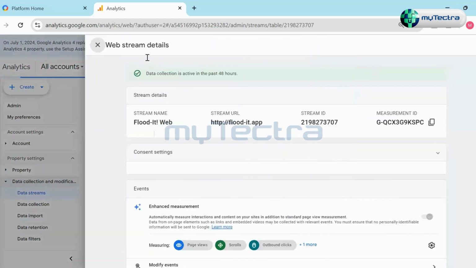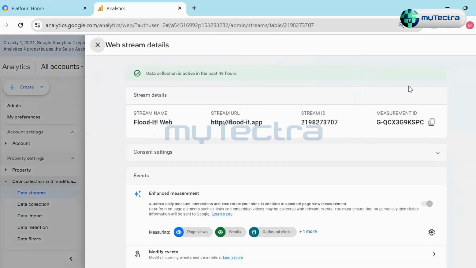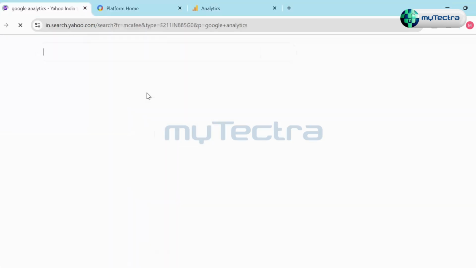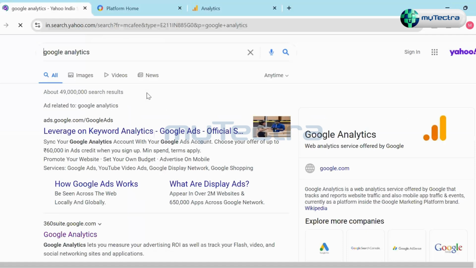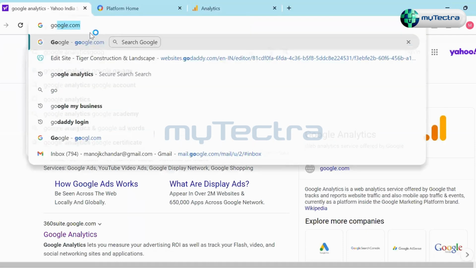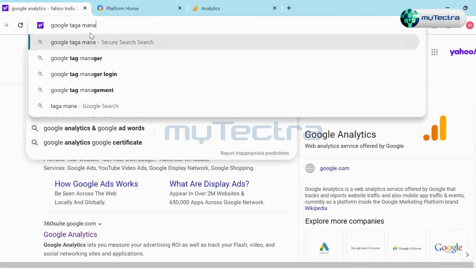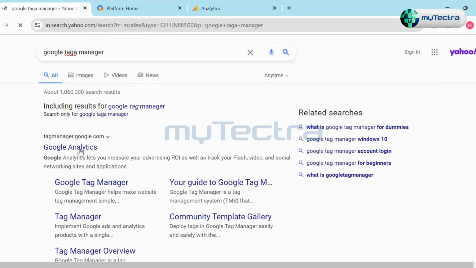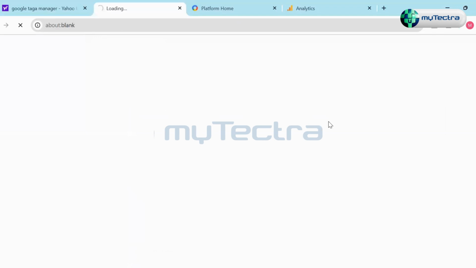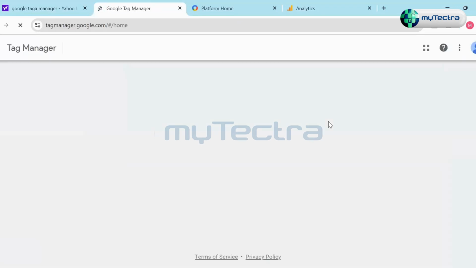You will get this page. This page is important to link your website with Google Tag Manager. Okay, so this is the measurement ID. You have to copy this measurement ID and go to Tag Manager. These are the initial steps that have to be done before